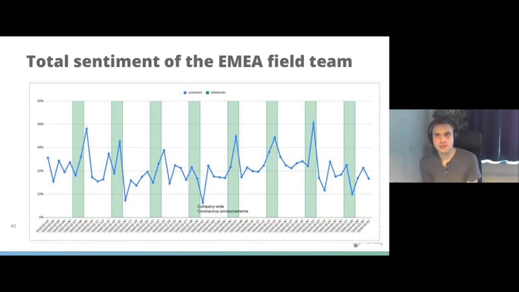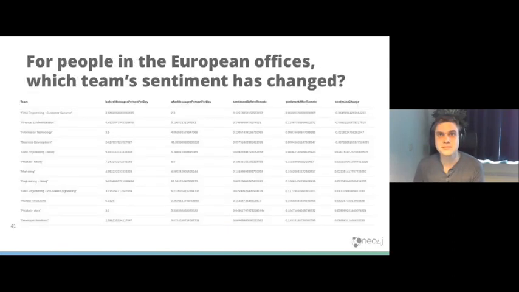What's also interesting, aside from geographical aggregation, is that you can look at a certain team. What was interesting to see here is that once our company started making announcements about coronavirus and closing the offices, we saw a significant dip among the members of the European team. Situations like this may provide some insight into what is causing changes in people's moods and which teams are most affected by these kinds of measures. And that's exactly what we're doing here.